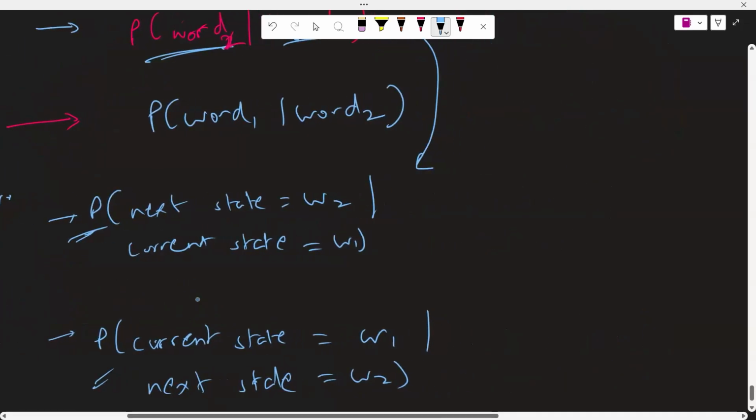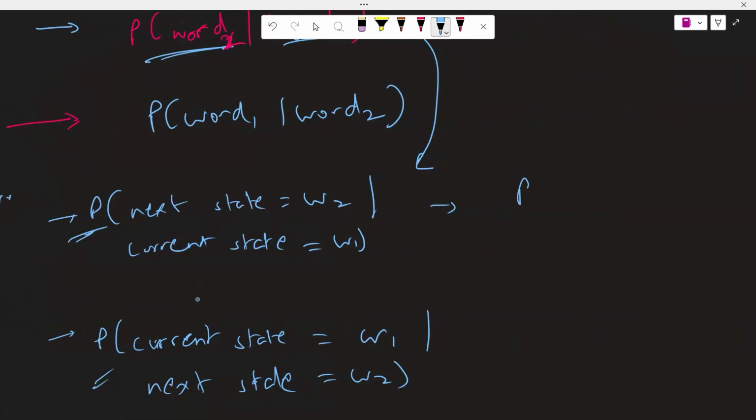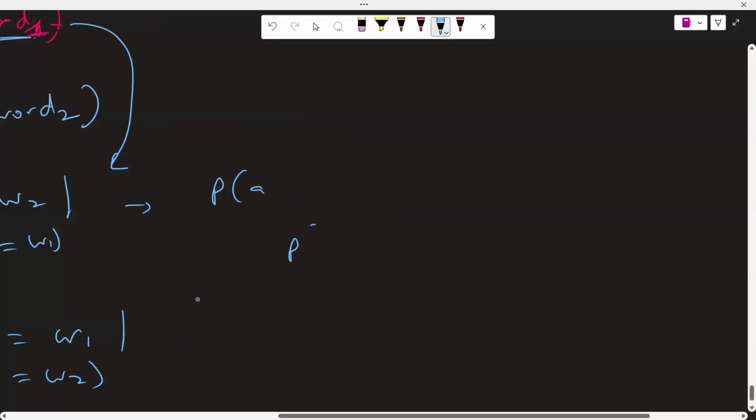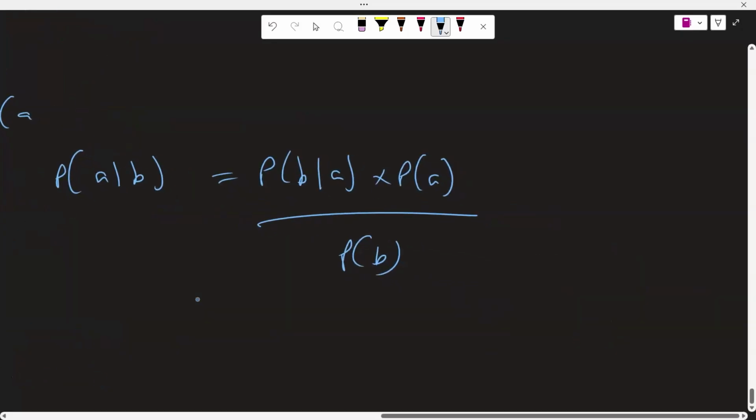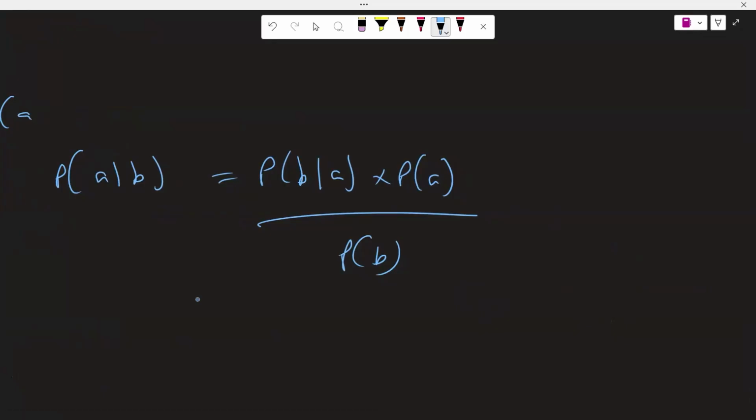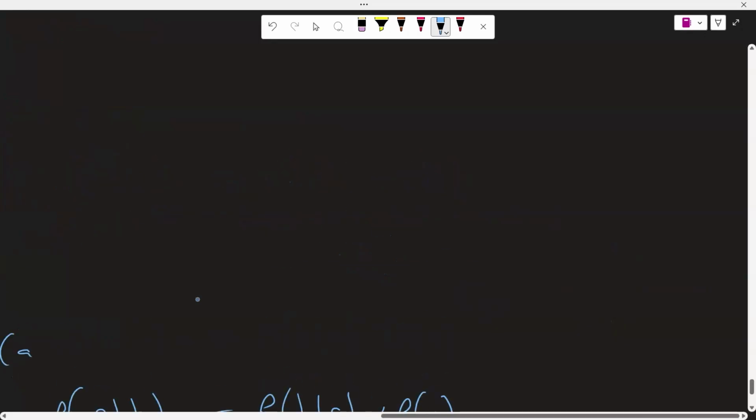So when we will be multiplying, a lot of these things will get opened up. Because over here what we'll be doing is you have probability of A given B, which is nothing but probability of B given A into probability of A divided by probability of B. Now you'll be multiplying this continuously. I'll talk about what we are going to multiply. But when you have multiple words in a sentence, for example,